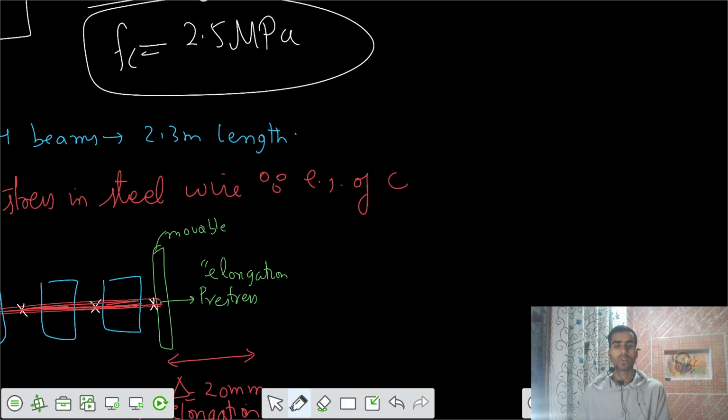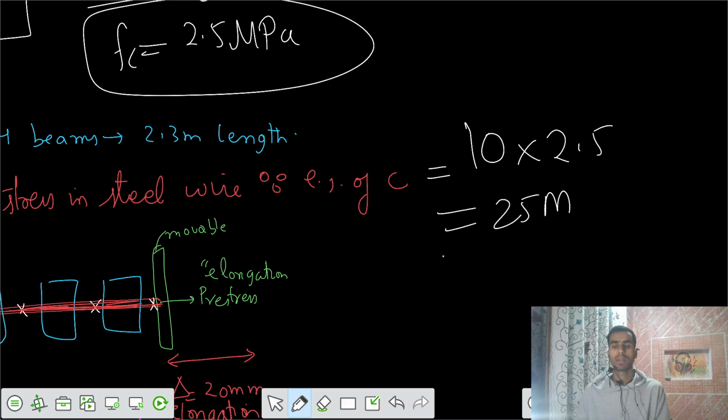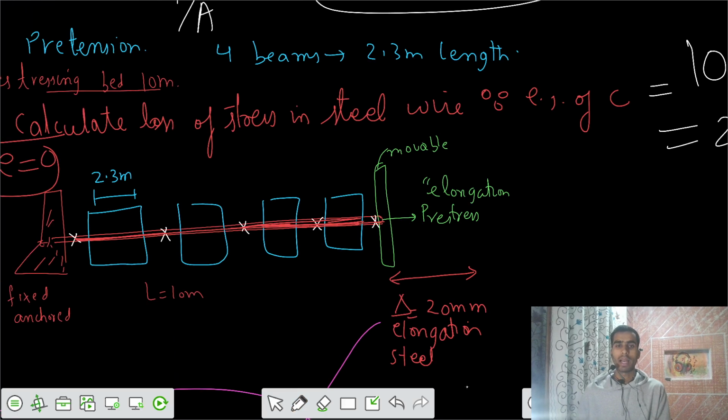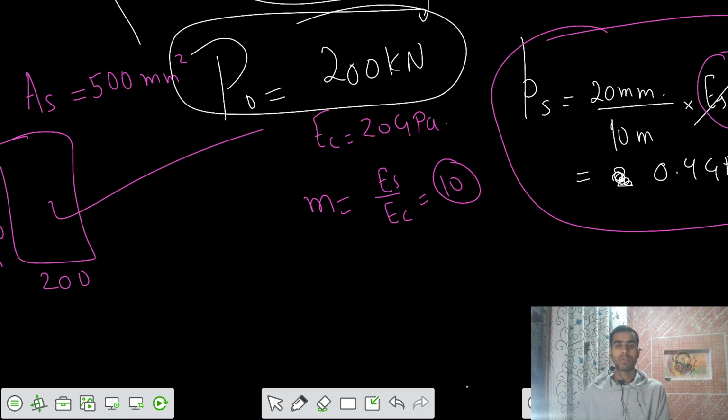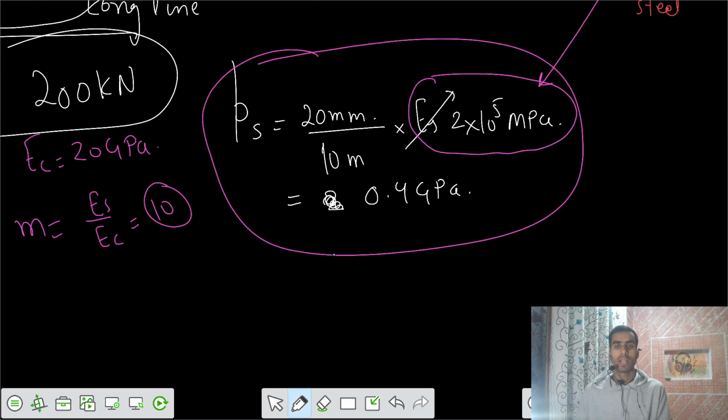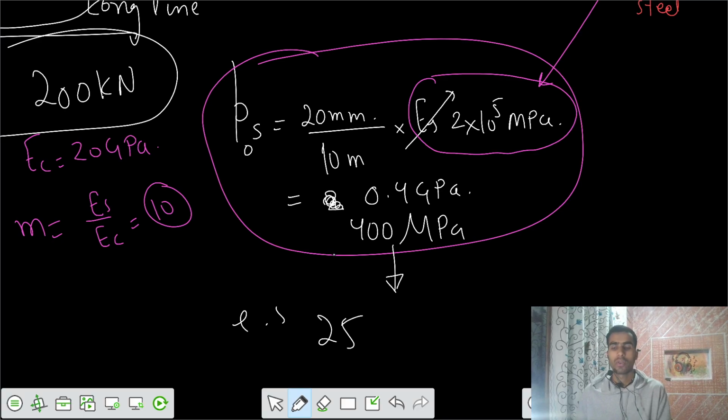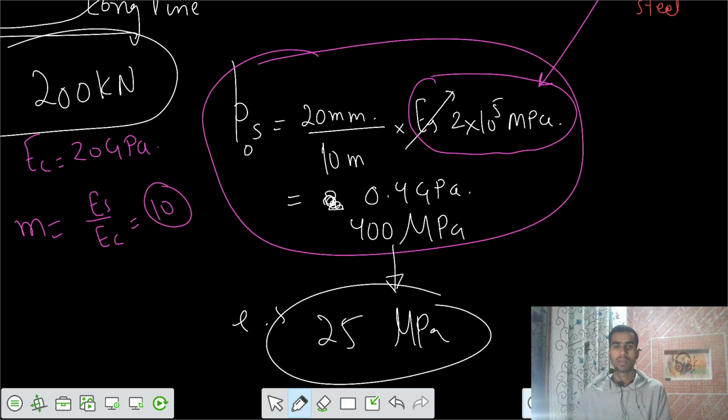So finally, your solution would be that loss of stress in the steel wires because of the elastic shortening is equal to M times FC. Is that 25 megapascals? So out of this 0.4, initial stress in the steel wires was 400 megapascal, and out of that, how much have you lost because of elastic shortening? 25 megapascals. Okay,